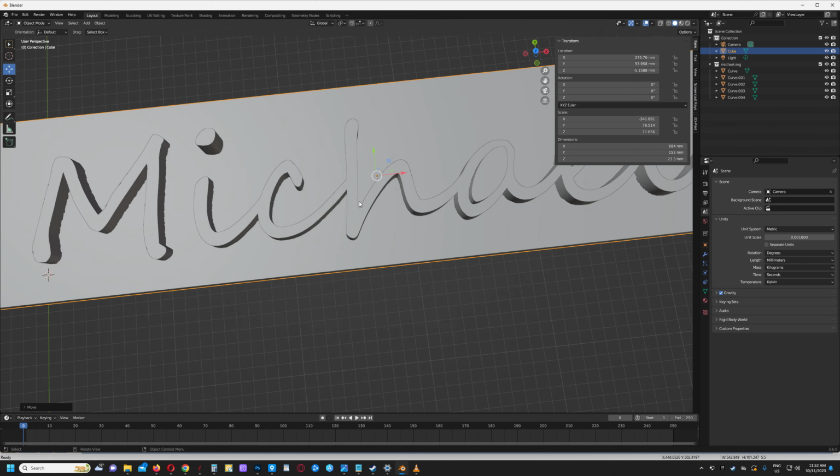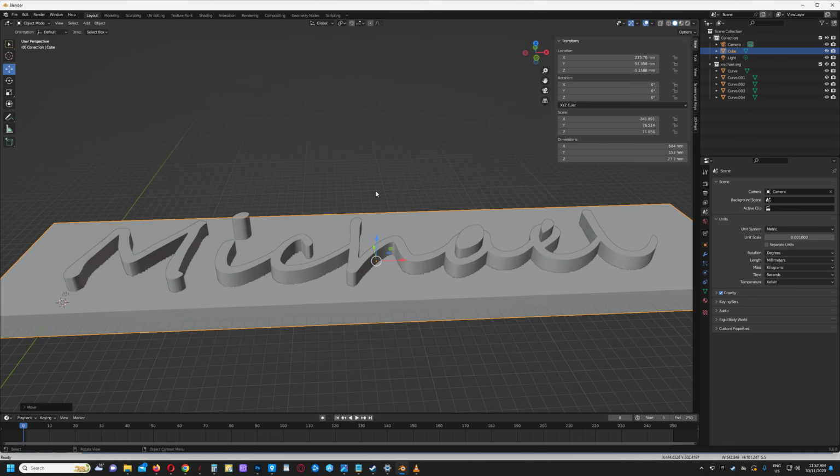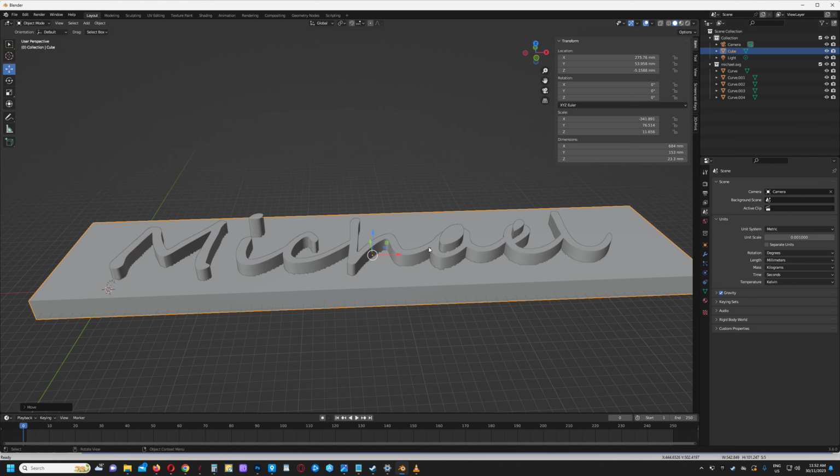Okay, so we want to use this, what we've made, as a boolean modifier. So I'm just going to hide this border that I made